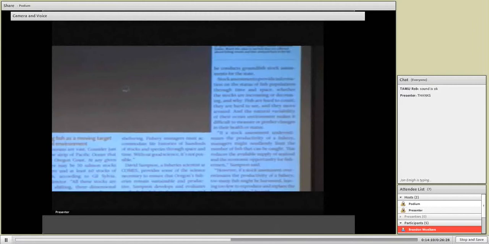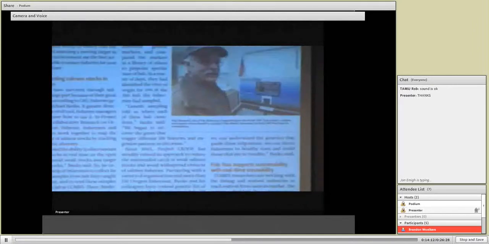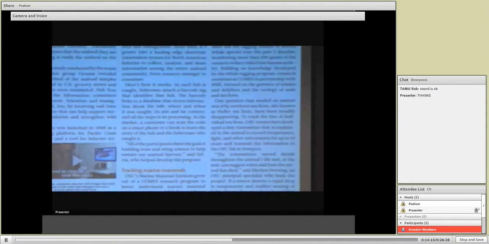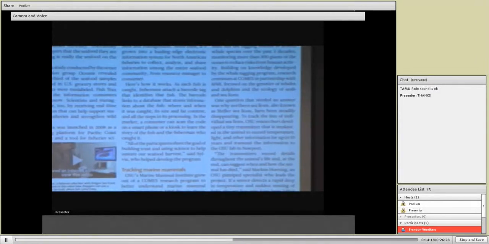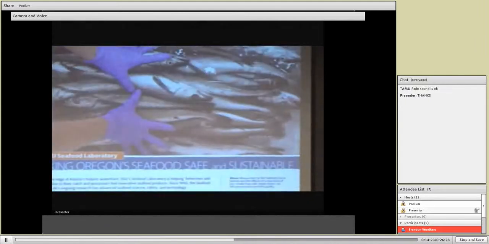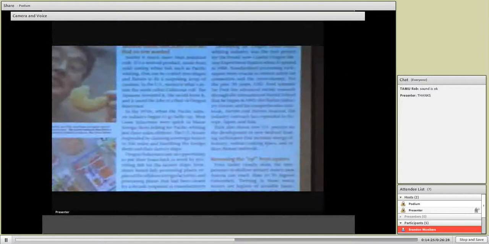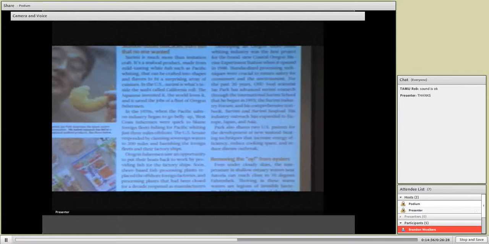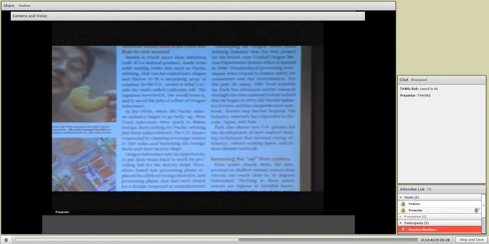Looks like we're on a slow connection here. So I'm using all the standard magazine sweeping across my iPad. It's just beautiful, and it's fun to play with. And it's attractive, I think, for some key stakeholders. We take this to Salem, to our legislators, and say, look what our people are doing in ag experiment stations. You hand this to them, they're going to look. You hand them a piece of paper, they might just throw it. So this has, I think, real capacity to change how people react to our publications.